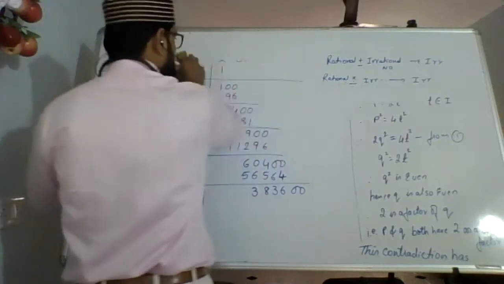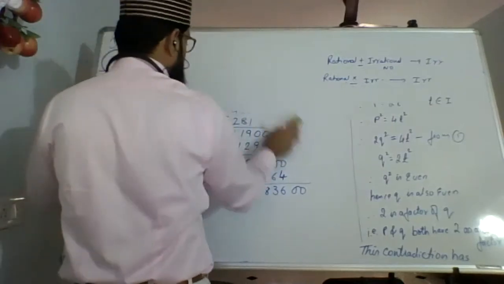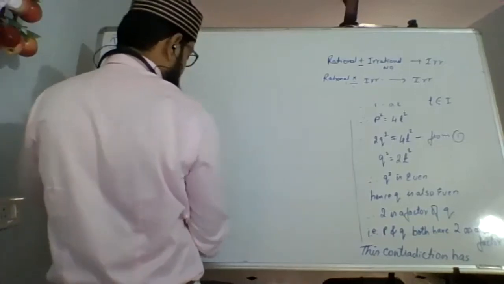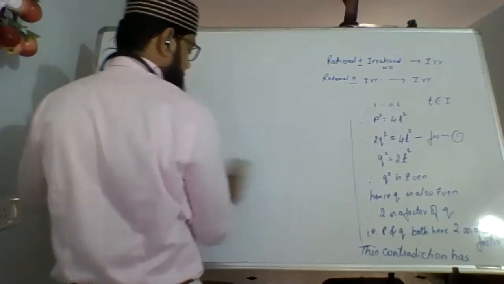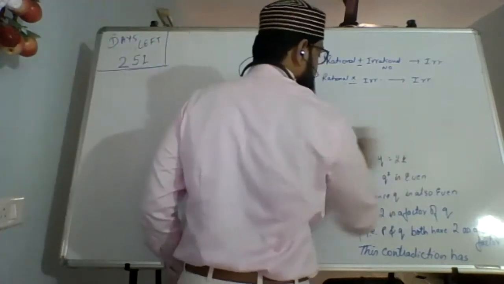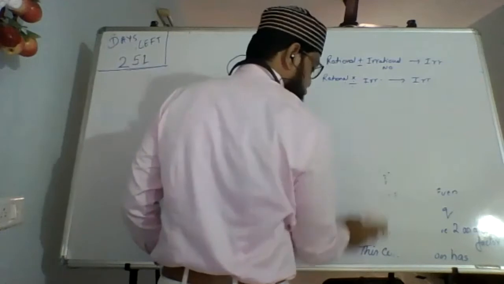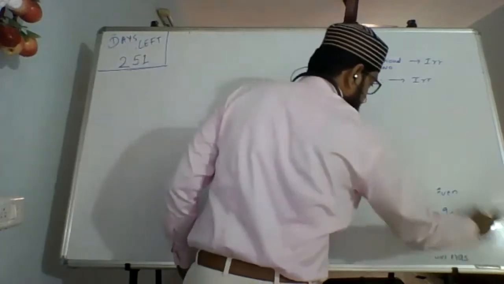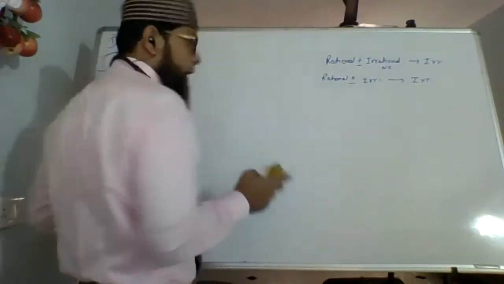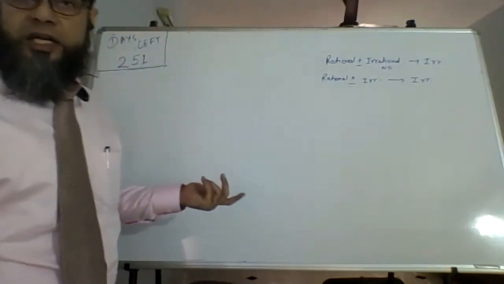But two irrational numbers, addition or subtraction, may be irrational or it may be rational. Okay, if two are irrational numbers, then I don't know, it can be both. Then there is no fixed rule, it can be both. Similarly, if two irrational numbers are multiplied, their product can be irrational, it can also be rational.